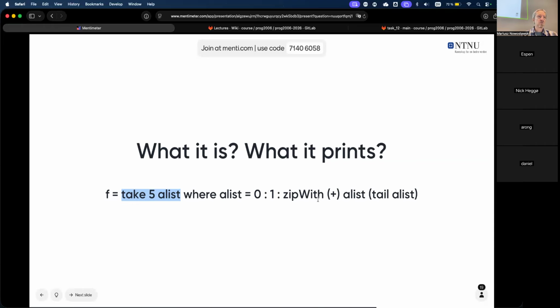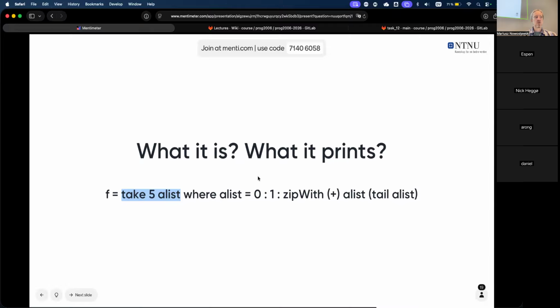But if you've seen Haskell before and you work with zip and zipWith, it knows that it zips 2 lists with a particular function. The first list is a list, so it starts with 0 and 1. And the second list is the tail of a list, so it starts with 1, right? So we get the feel, yeah, okay, it sounds familiar. Maybe it is some sort of sequence which adds consecutive numbers together, right? So you can work it out. We're taking 5 and you already have the first 2. So what will be the next one? If we're zipping,